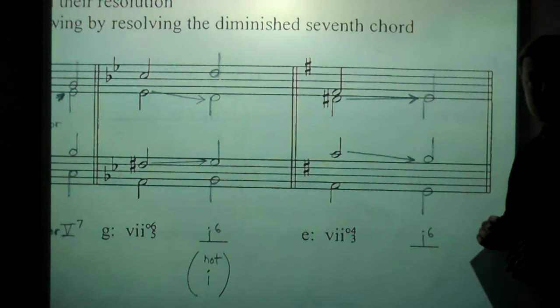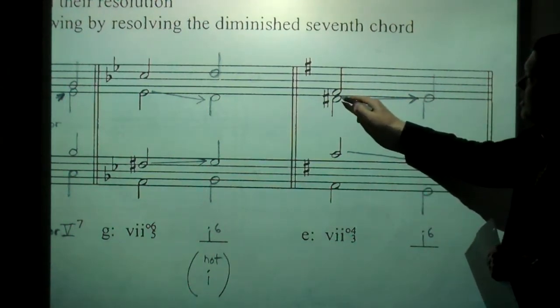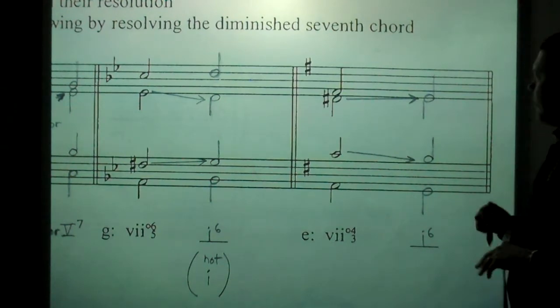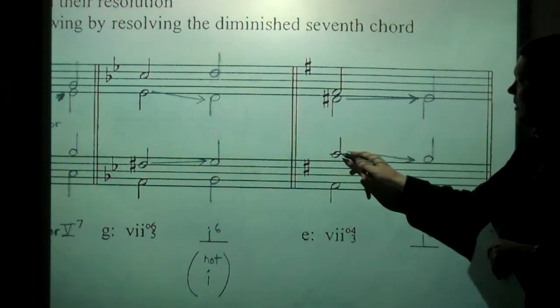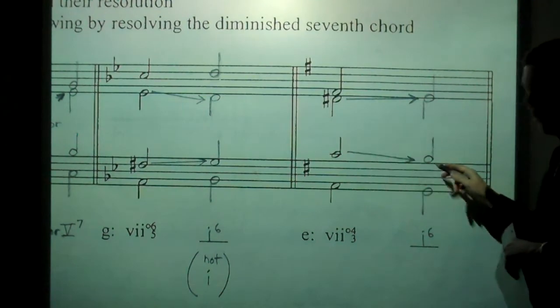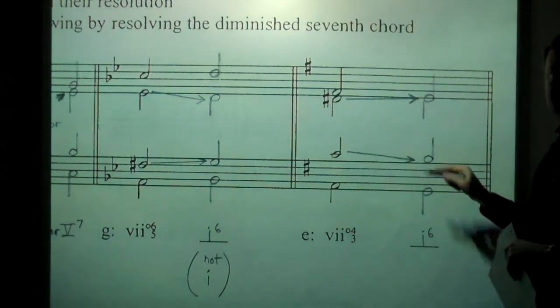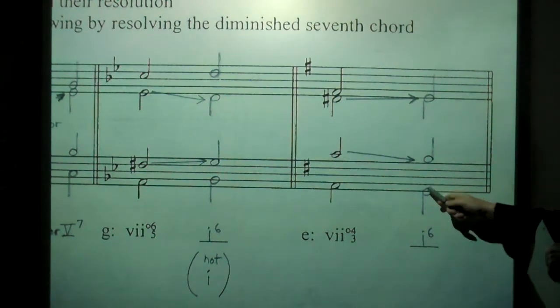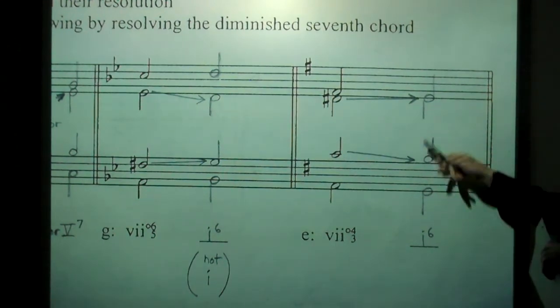That is the 7th of the chord because it's a D sharp, F sharp, A, C. C is the chord's 7th. As the 7th of the chord, the C needs to move down by step, so I moved it down to B. And the final answer for my 1-6 chord is G in the bass, B in the tenor, and I